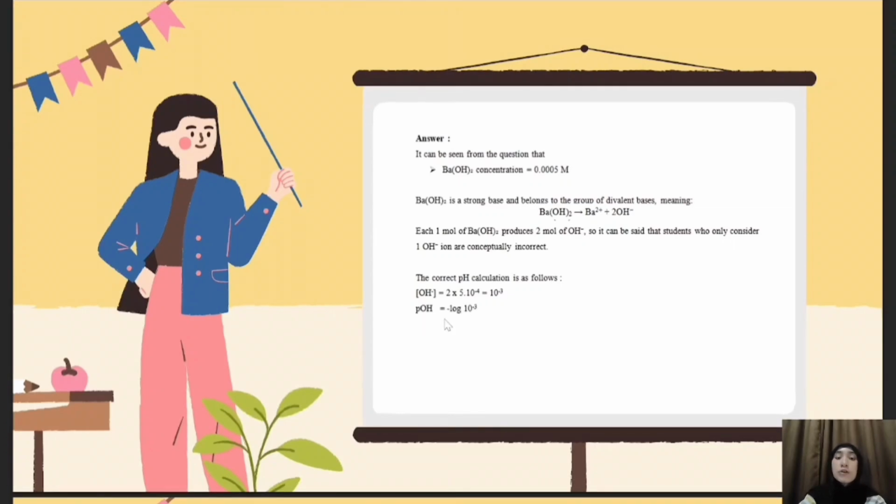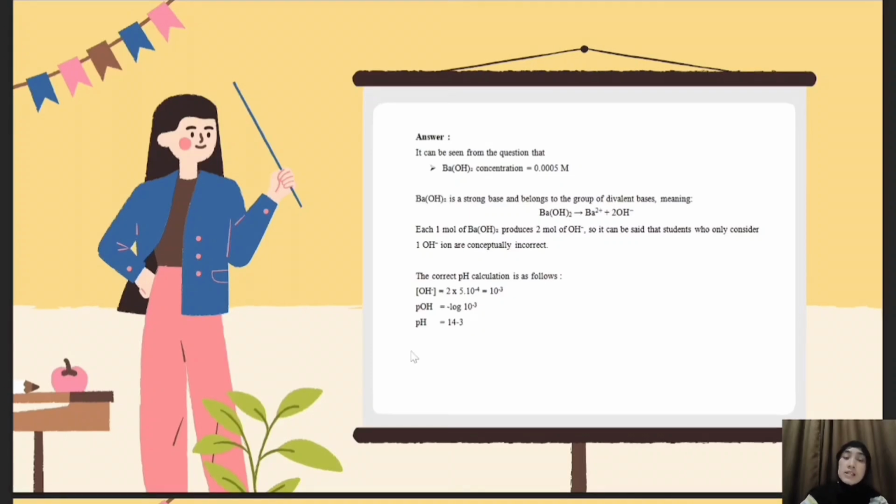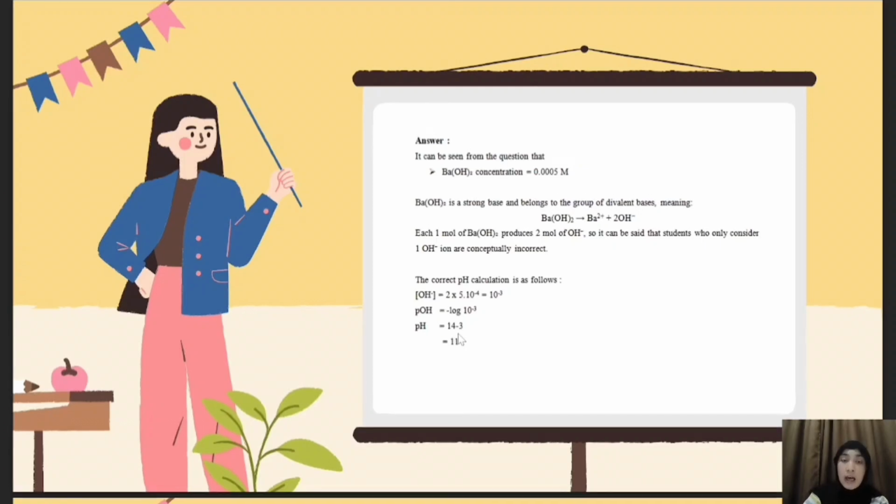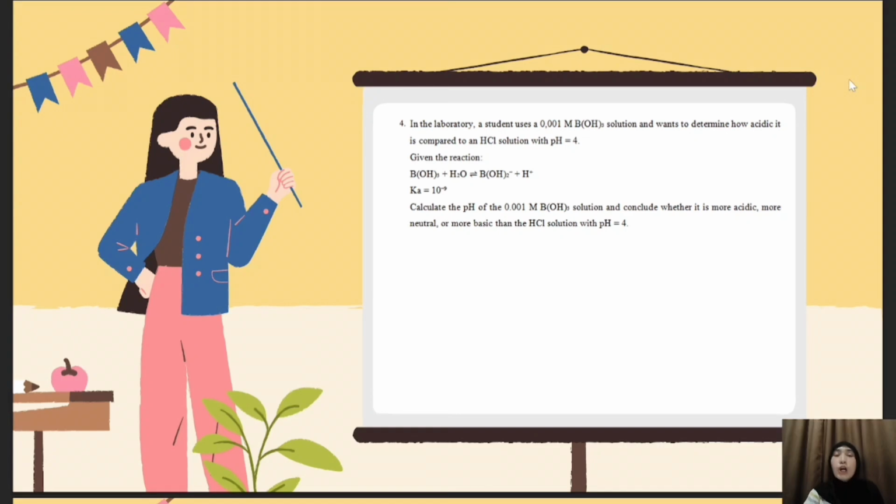pOH equals -log 10^-3. Next, pH is 14 minus 3, and the result is 11. Okay, next question. Next question is number 4. From the question, calculate the pH of the 0.001 M B(OH)3 solution and conclude whether it is more acidic, more neutral,